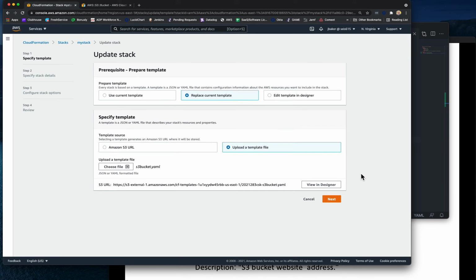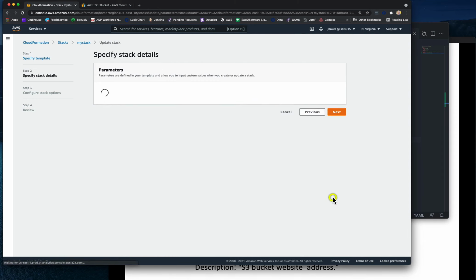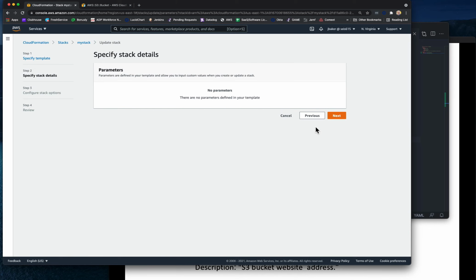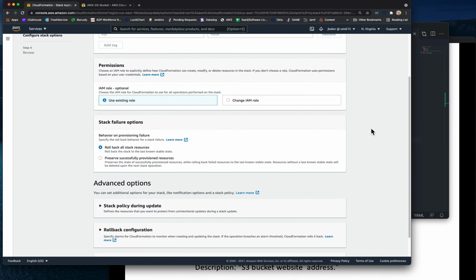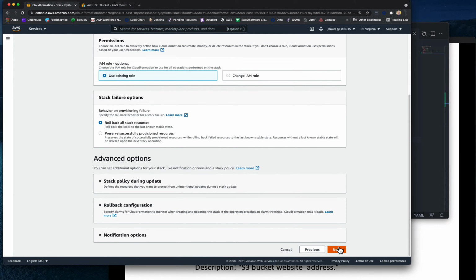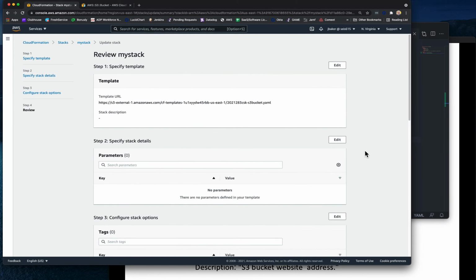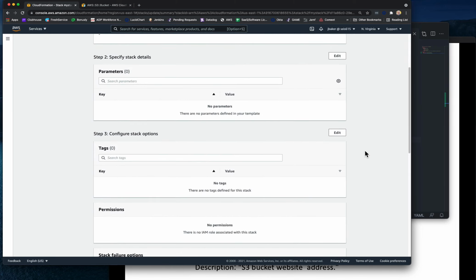That doesn't necessarily mean that it can actually deploy a stack using that template. It just means that the syntax of the file is correct. Okay, I'll click on the next button. There are no parameters for this template, so I'll click next, scroll down to the bottom, accepting all the defaults, click on next again, and here,